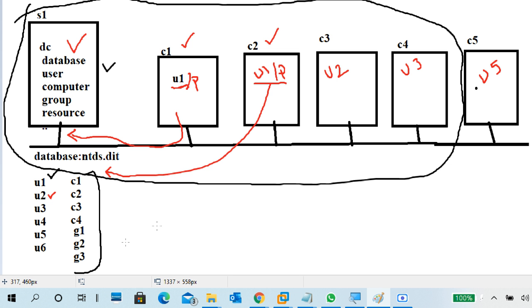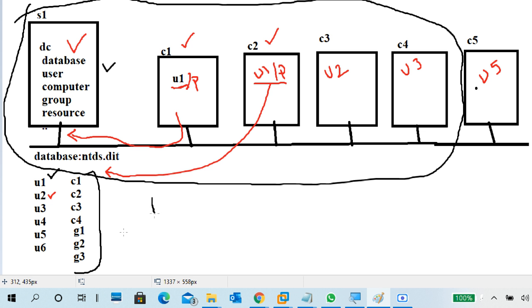It will verify the user account, authenticate the user, and give you authorization, meaning access permissions, like when you want to log into a PC. Authentication means verification of the username and password. Authorization means access permissions: you want to access a printer, a PC, or a storage. That is called authorization. So it does authentication and authorization. This is the whole concept of a domain, and of course Active Directory also.